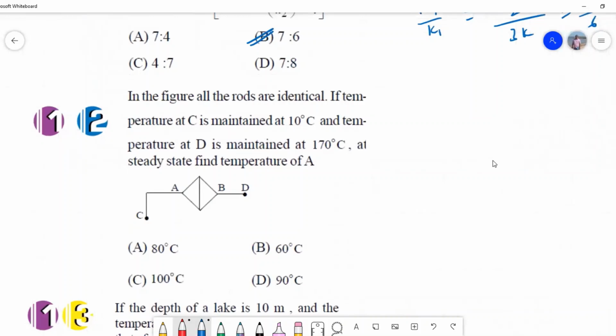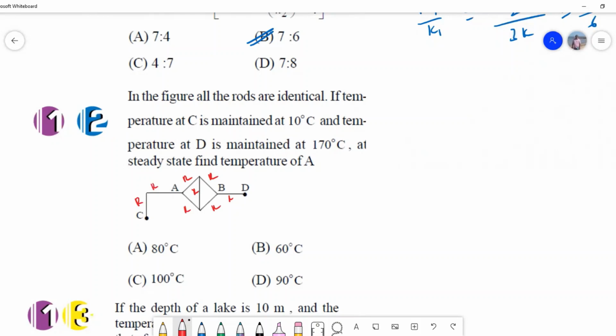Here in this problem, all the rods are identical. When they say all the rods are identical, I can take they have equal thermal resistance. So simply here, when we have 5 rods, we need to apply the Wheatstone-Bridge condition,